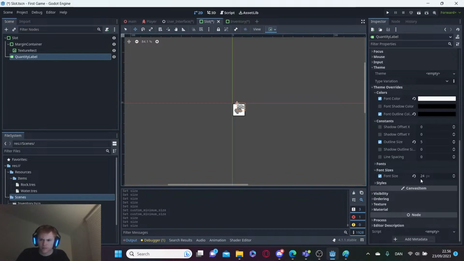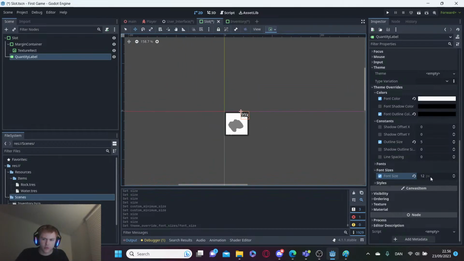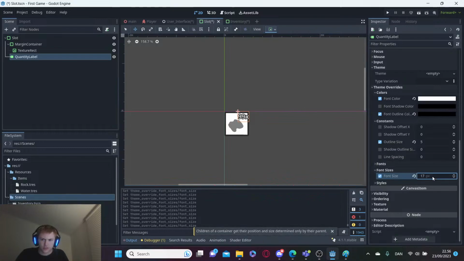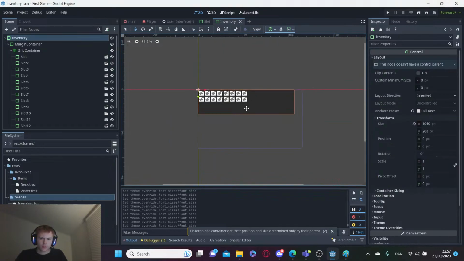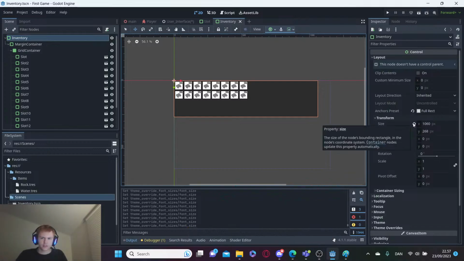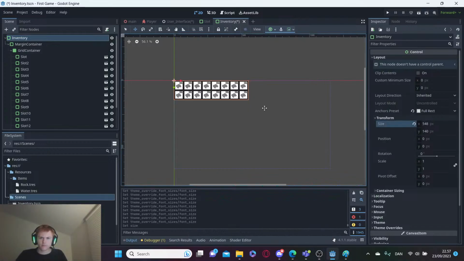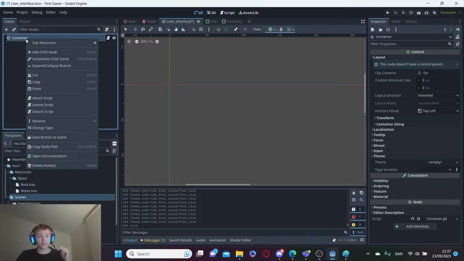Quantity label. You can get to a solid 12. Well, this map may be too small for you. 16. So this is way better. And then I can set the size like this. Nice! And then